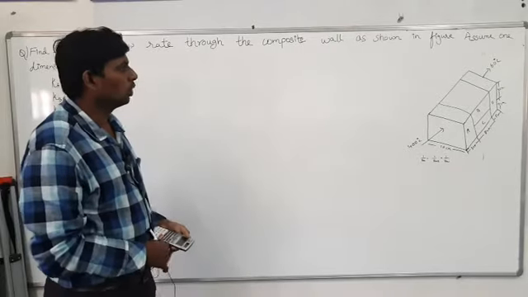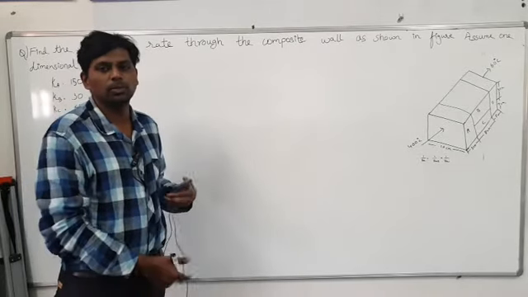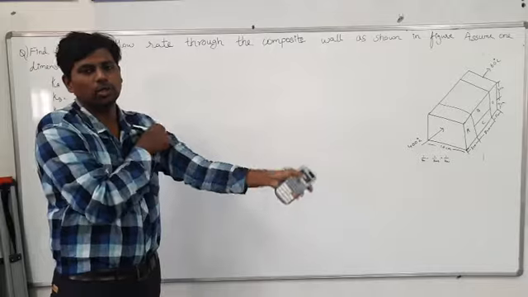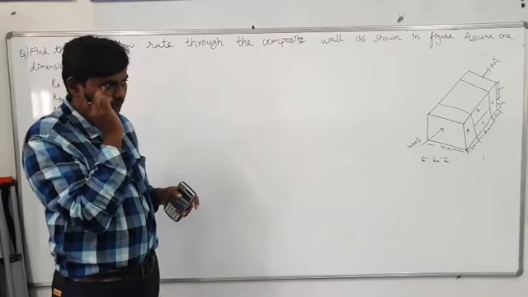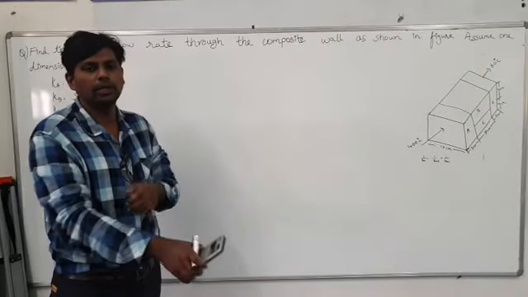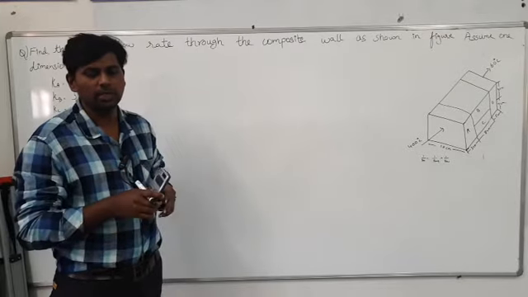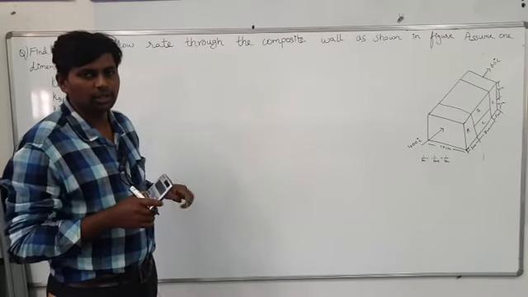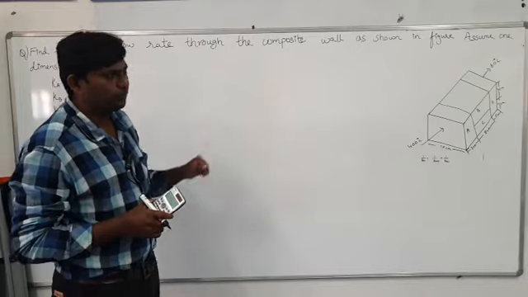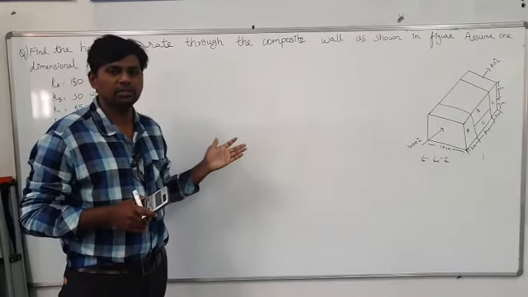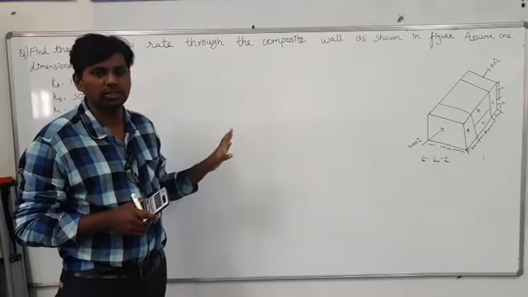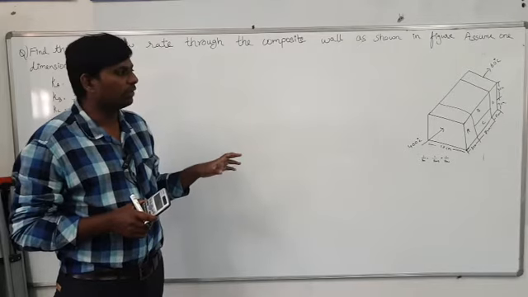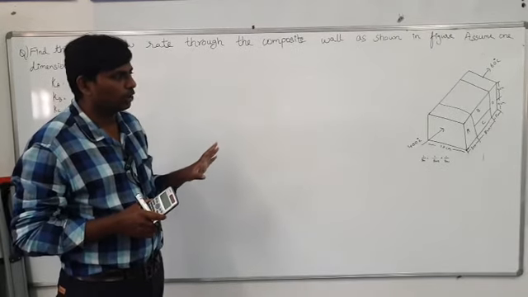Hello everyone. Today we will discuss how to find the heat flow rate if a resistance problem is given, if a series problem is given. In some problems a diagram will be given in the question. With the help of the diagram you have to extract the data. In the previous section the figure was not given, but in this section a figure is given, and with its help you have to find it.